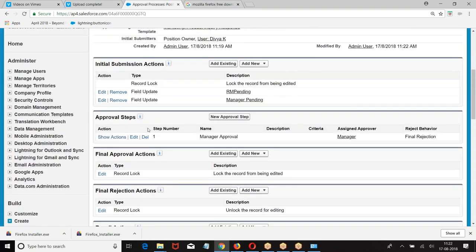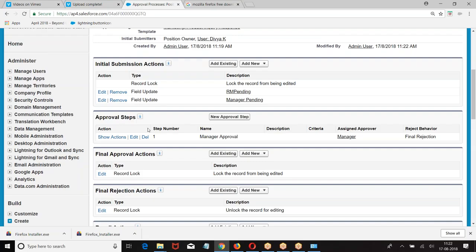Now, every record should be approved by the manager. If the salary is more than 1 lakh, it should also be approved by the regional manager. If it is less than 1 lakh, if the manager approves, it is okay. When I send to the regional manager, if the salary is more than.